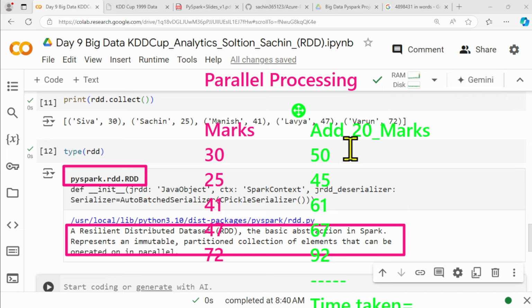So, 1 second for Siva, 1 second for Sachin. Is it clear? So in total, how many seconds do I have to finish this task? No, 1 second for Siva. I need to add 20 to Siva's marks, so I'm taking 1 second to add this 20 to these marks. 1 second for Sachin, 1 second for Manish, 1 second for Lavya, 1 second for Varun. The total time taken here,